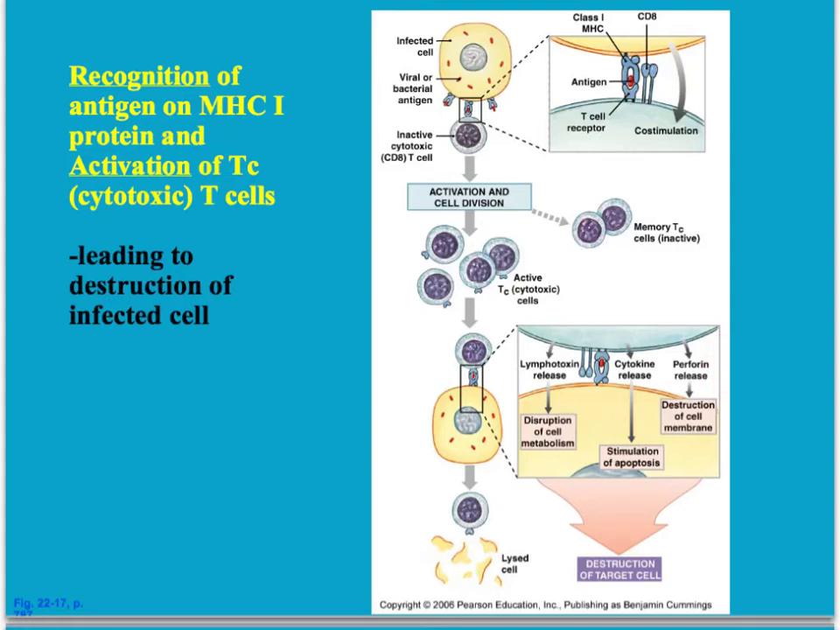Perforin is one of the things that is going to lead to the destruction of the cell membrane. Now, let's just remember that perforin is going to work with granzymes, and that those are going to stimulate apoptosis. And cytokines are also going to stimulate the apoptosis, and there's some other toxins that can be